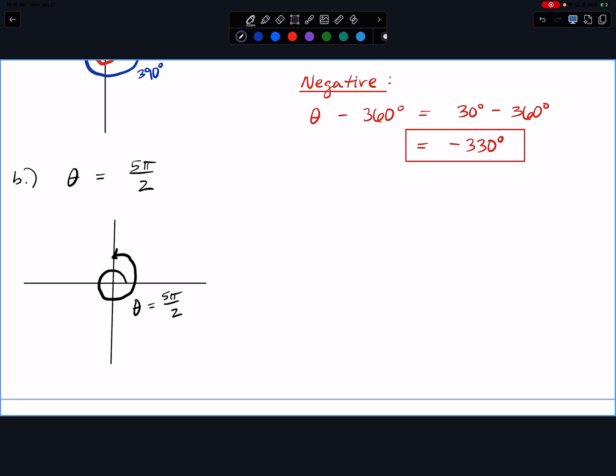Now, if you're doing these on your worksheet, homework, test, or quiz, you may want to use different colors, because you will see in this one, sometimes the little rotations kind of blend together and it looks kind of confusing. So to find a positive one,